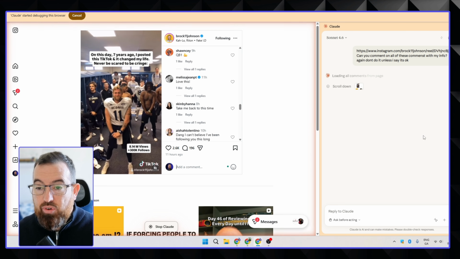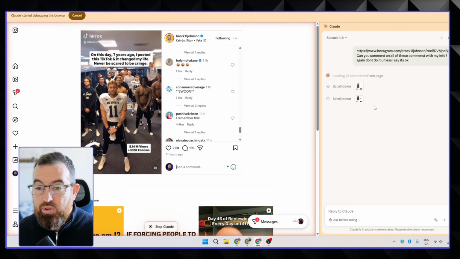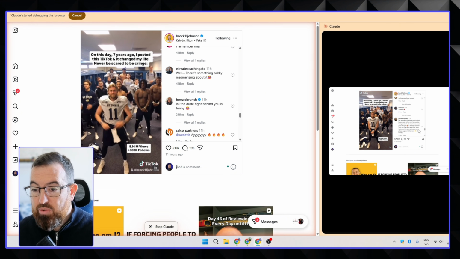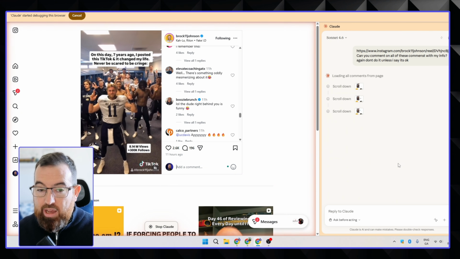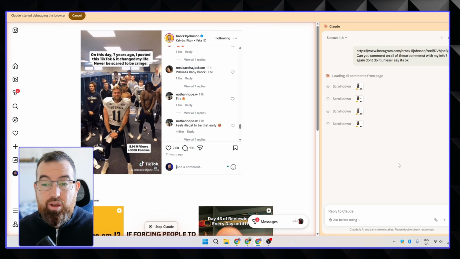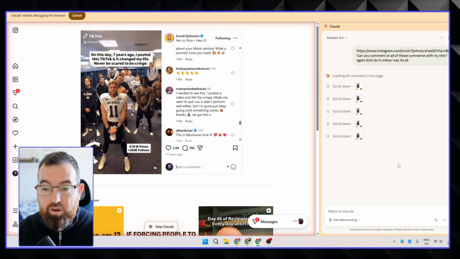So look, it's going through the whole lot. It's going through all the comments from the page. You can see it's pretty much moved everything. It's scrolling down. It takes screenshots each time it moves around, finds the comments, and from there it goes back on it, and that's how it pretty much works. So look, I'm not going to run this entire process through because I don't want to actually comment on all these posts, but